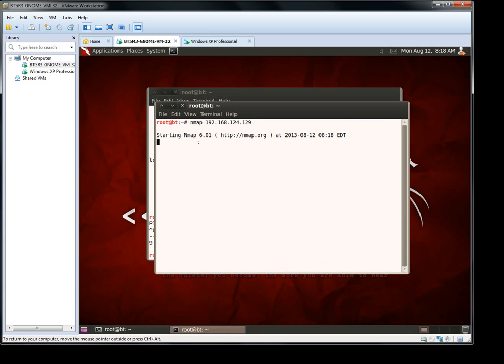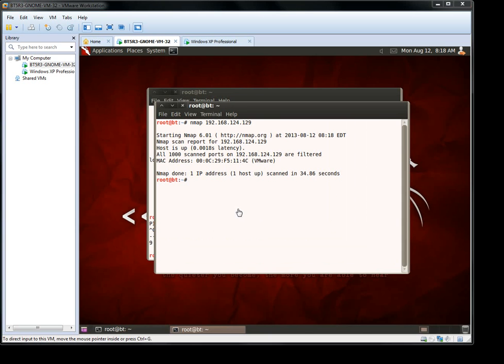So friends, it takes some time. It shows that our host is alive and all thousand scanned ports on this IP address are filtered. So friends, this is the reason why our Backtrack machine is not able to ping our XP machine, because all the ports on Windows XP are filtered.